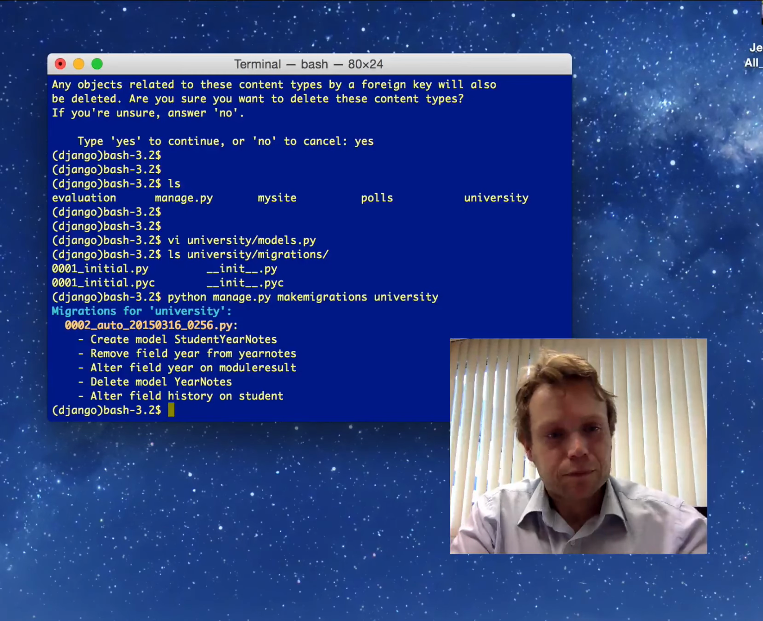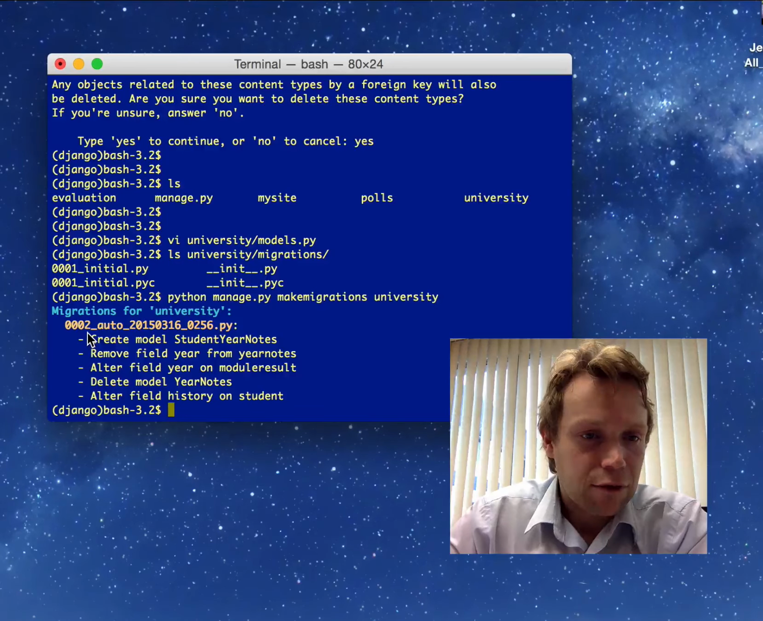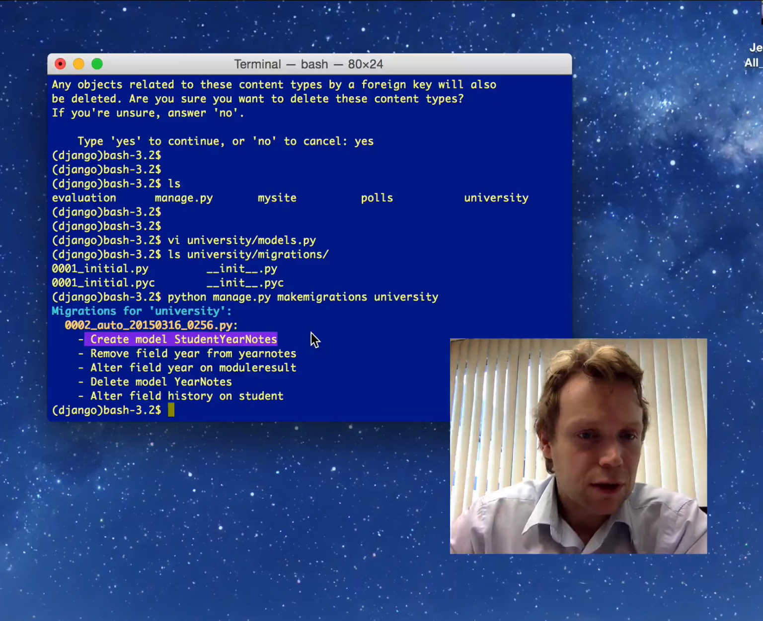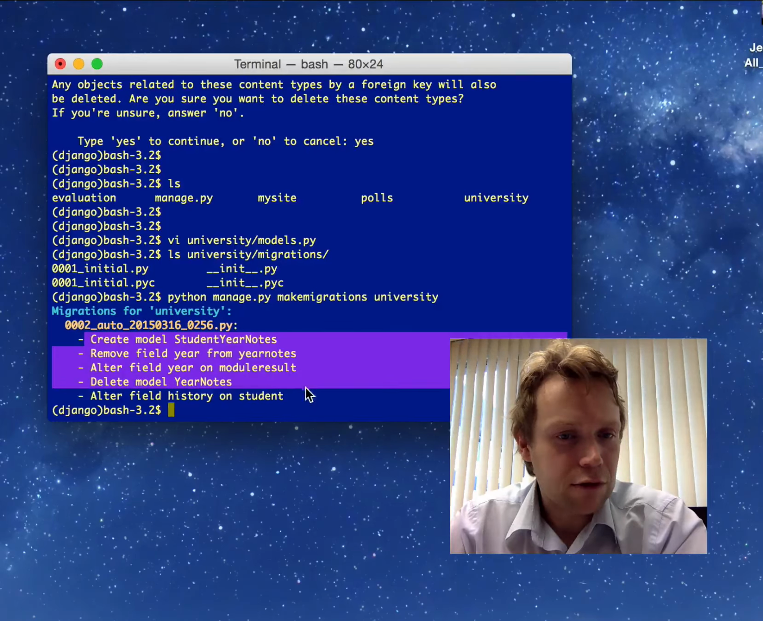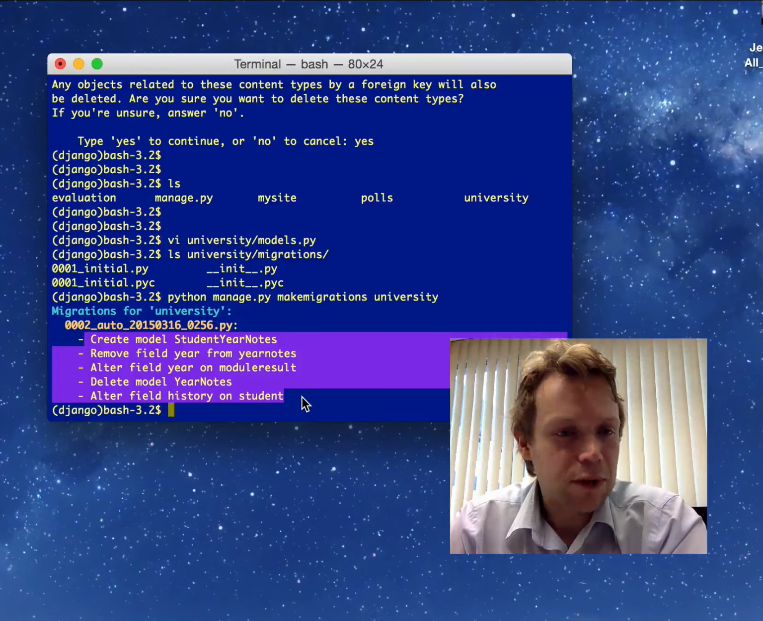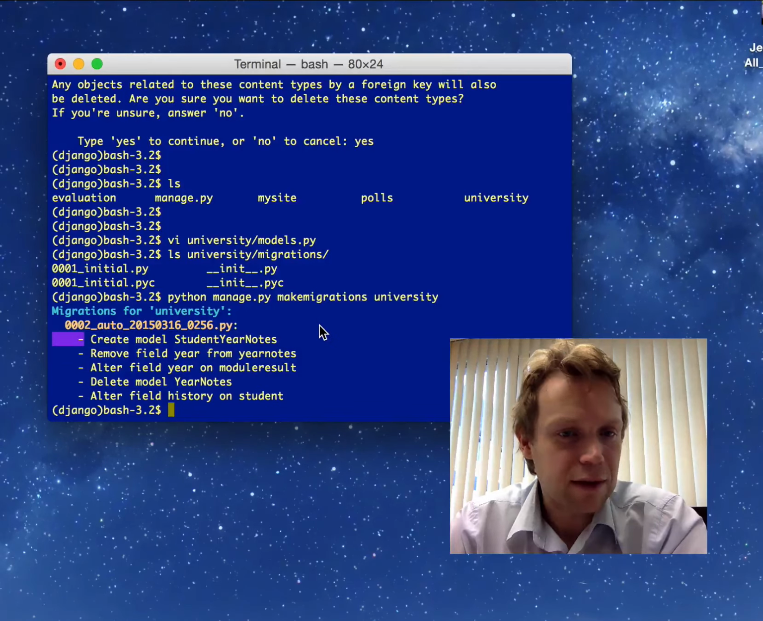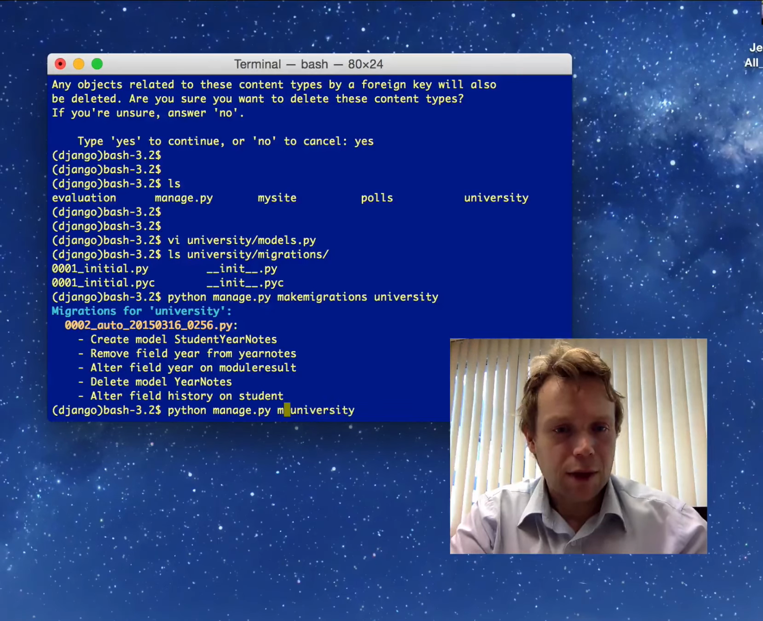So we can see we have 5 steps here. We have create model student year notes, remove field from year notes, alter field in module result, delete model year notes, and alter history on student. And that all at face value seems okay. Those are the kinds of things we might expect to see. Let's go ahead then and we'll apply it. So let's migrate